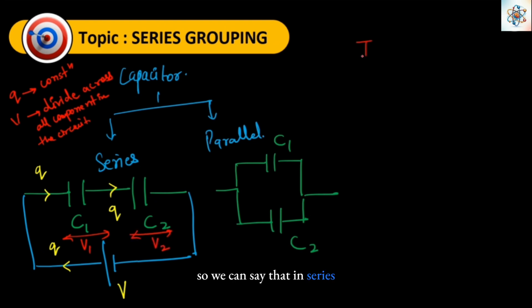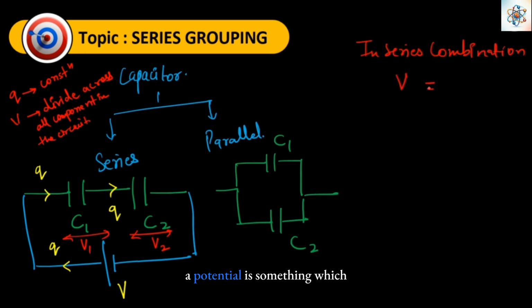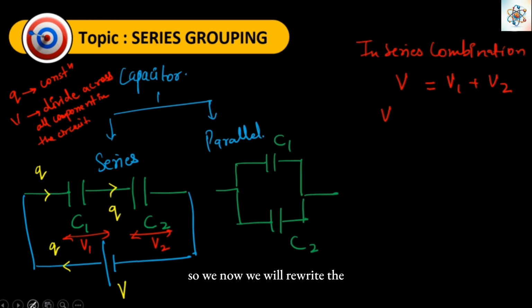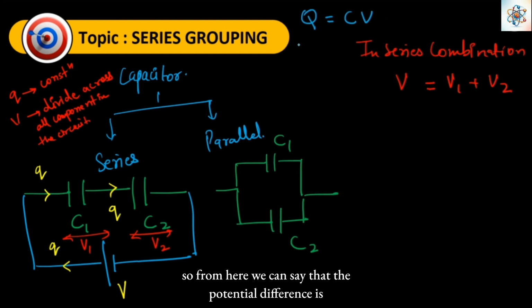So we can say that in series combination, the potential is something which divides, so the total potential of the battery must be equal to the potential drop across both the capacitors C1 and C2. So now we will rewrite the equation in terms of capacitance and charge. We have just studied the charge which stores in the capacitor is something which is equal to C times that, capacitance times the potential difference. So from here we can say that the potential difference is